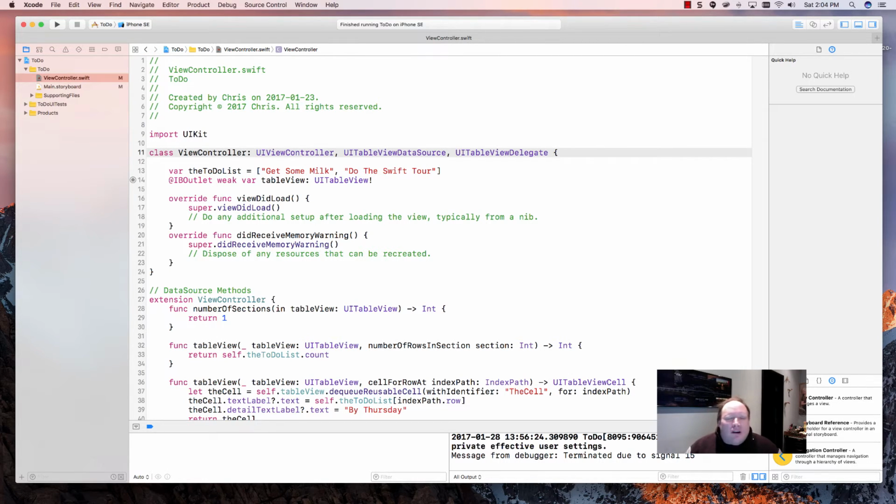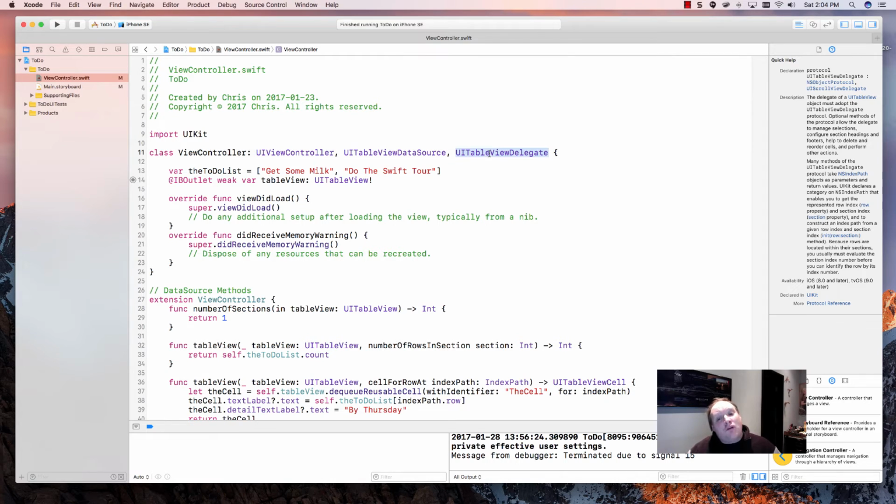delegates. Two other protocols. So notice we didn't get an error this time when we added the delegate. That's because some protocols don't require anything to be done. In our case, we want to override one of the protocol's methods, but like we see, we don't have to. So what we want to do is make sure that this view controller can delete